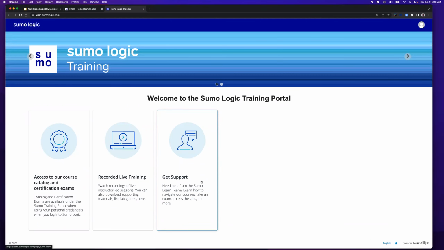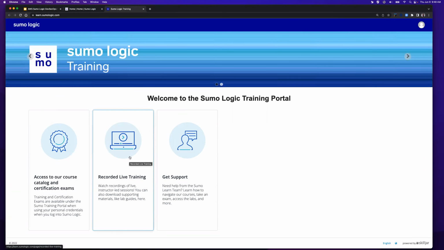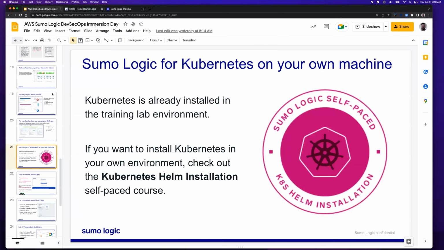When you log in with your real account, you would have more options, but you have the ability to start to view our course catalogs and access recorded training, as well as access our self-paced courses. And one of those self-paced courses is that Helm installation to get you set up with Kubernetes.